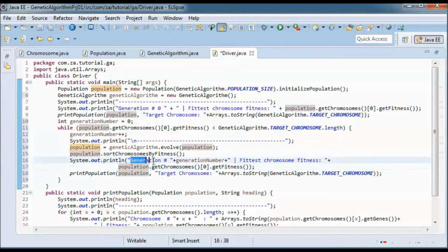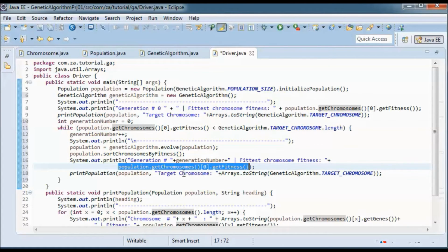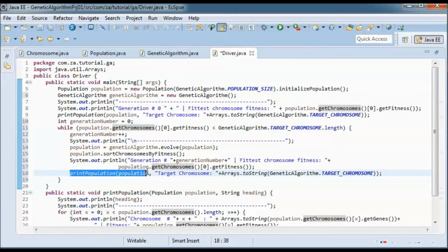So we will print the generation number and the fittest chromosome fitness, and then we'll print the population.